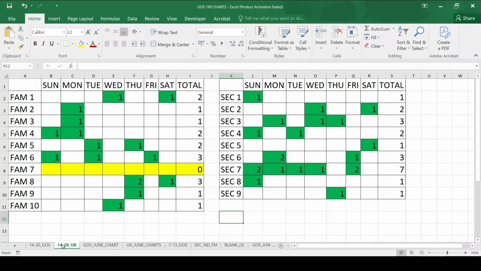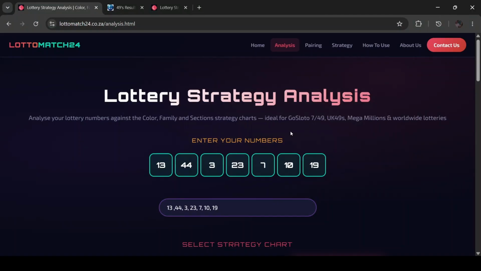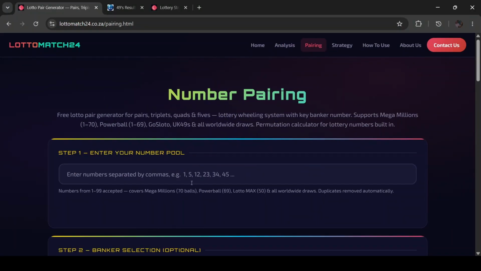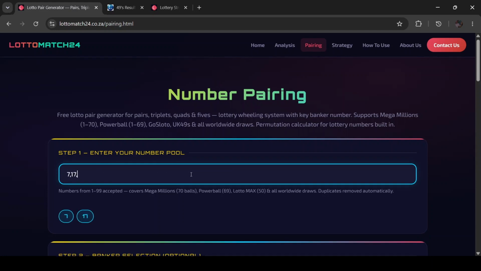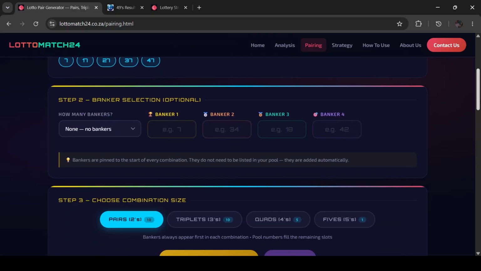So let's go to our browser and see how we can pair the families of 7. Okay, so this is what you're gonna do. You'll go to pairing, then you add your families of 7. So for families of 7, it's 7, 17, 27, 37, and 47. So you scroll,